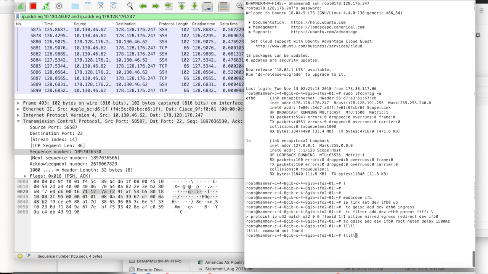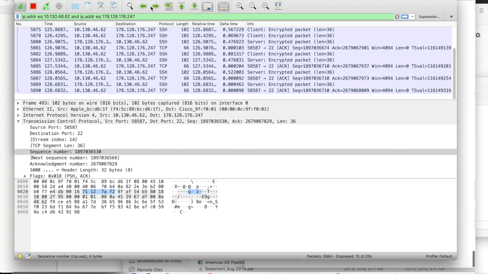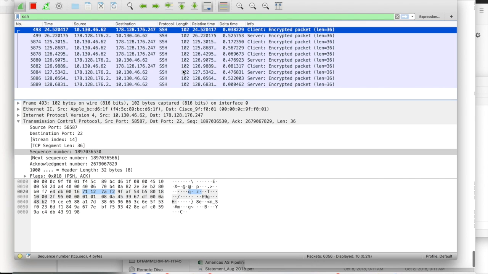So you can see there the effect of the Nagle algorithm would probably be best if I just put on a quick filter here for just secure shell just to show it. But you can see the first 2 are the first L that I hit, and then when I hit the other 4, you can see right here they were grouped. See how there's 3 together, and then the server response. So you can see that the Nagle algorithm concatenated or grouped the L's together, sent them together, reduced the overall